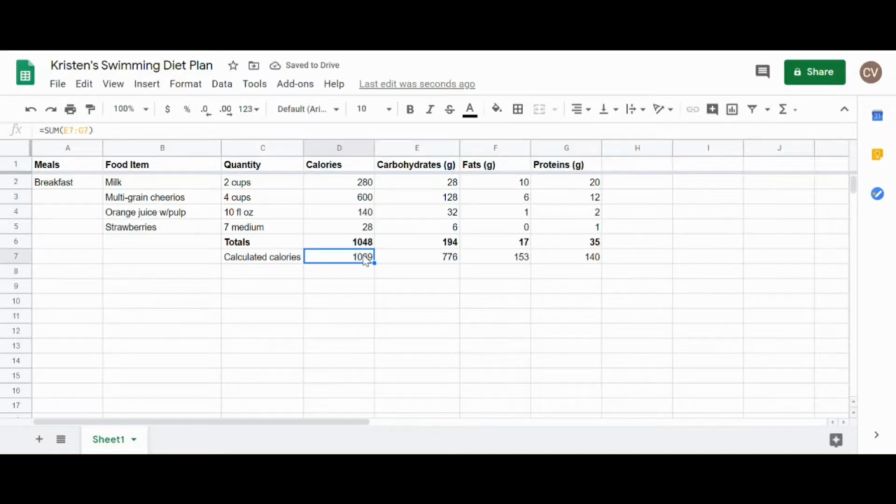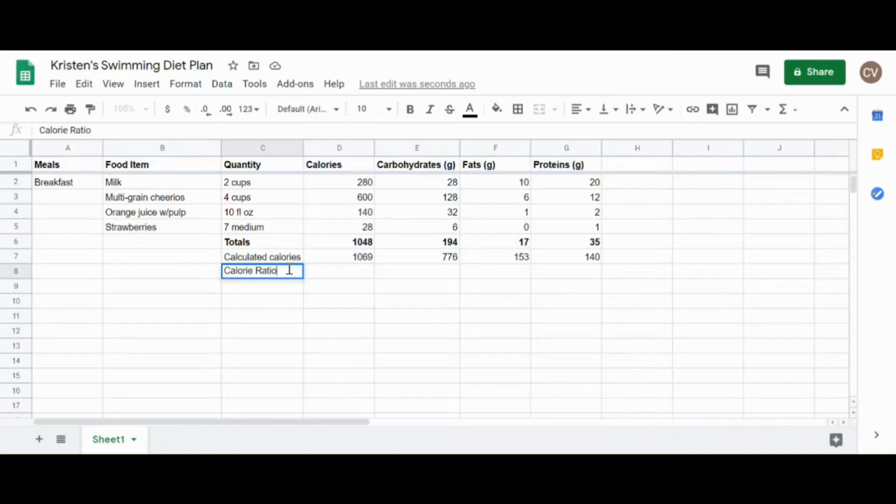Now you'll notice that that's a little different than the totals from the label. And in class we talked about how the number of calories you calculate can be different because this is including things like fiber and maybe some fats or other nutrients that aren't digested for calories. And so that usually is a little bit higher. But we're going to go ahead and use this now for the last piece of information, which is our calorie